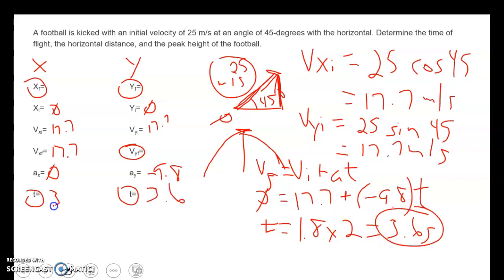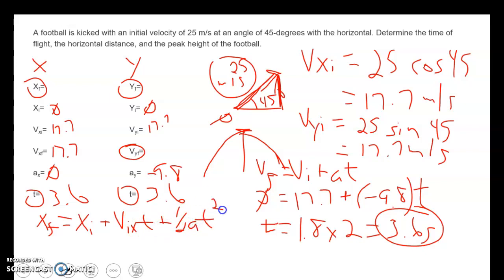So now I know my total time. And now, using kinematics, I know my total time is 3.6, and I want to find the horizontal distance. So I want to find my xf. If I want to find my xf, I just use this equation: xf equals x initial plus initial velocity in the x times time plus 1/2